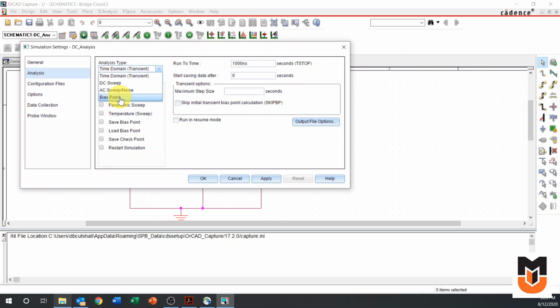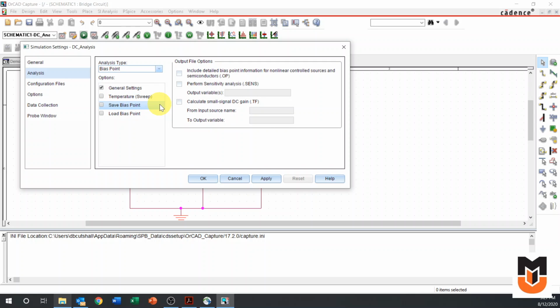That would be incorrect, because what a DC sweep is doing is saying, let's take this voltage source or this current source that's DC, and let's start it at some point A. Let's say our voltage source starts at 10 volts, and then let's step it by 1 volt increments. So 10, then 11, then 12, then 13, up to some endpoint. And what it's going to do is simulate it at each one of those points. But because we're not doing that, we just have a static circuit where nothing is changing, we're going to select